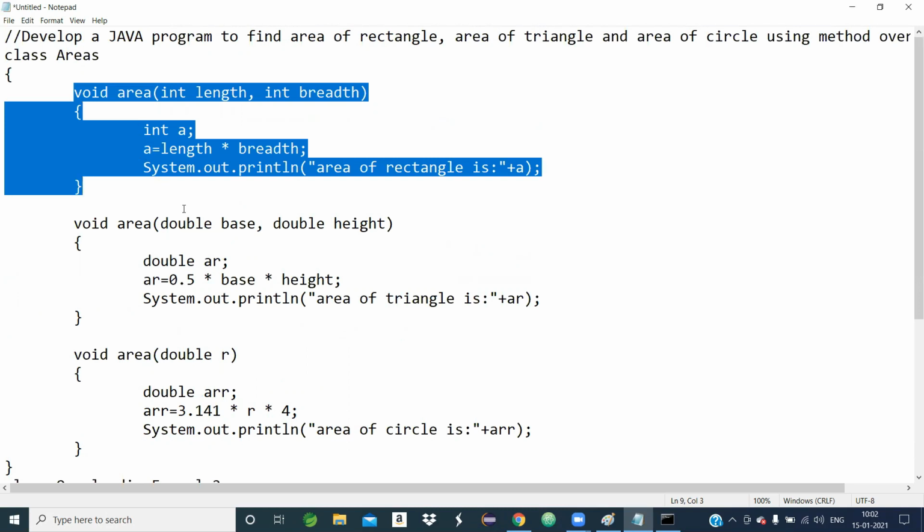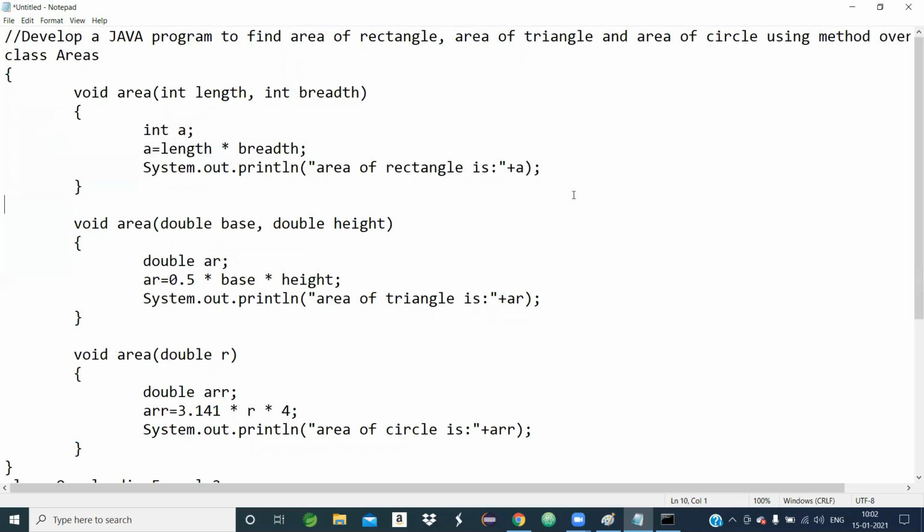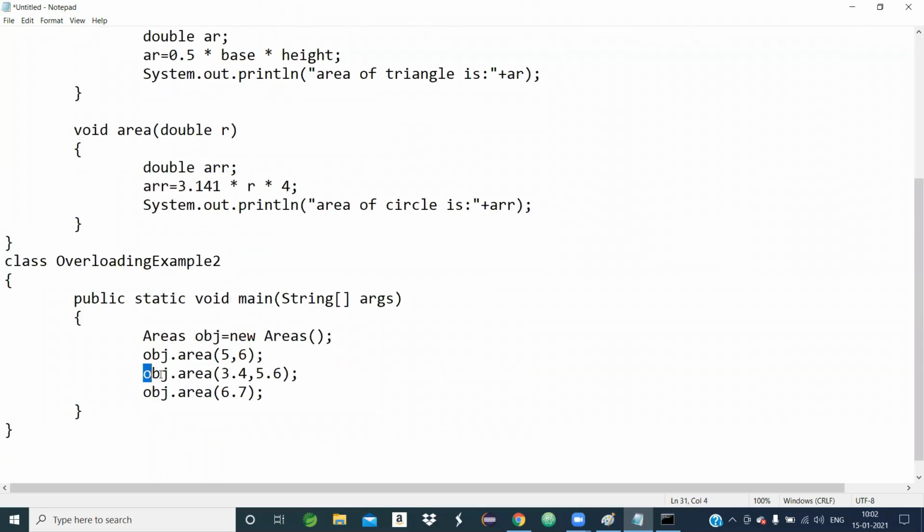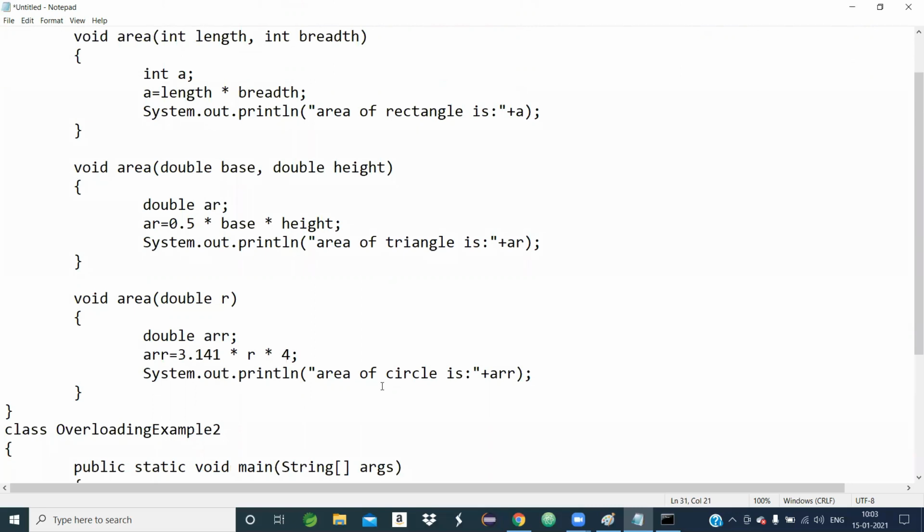In this area method definition, one output statement is available. Based on the output statement, our output message comes up: area of the rectangle is this. When the second line executes, the area method is invoked by object obj taking two double values, so the control will search in the Areas class where the area method has been defined by taking two double arguments.